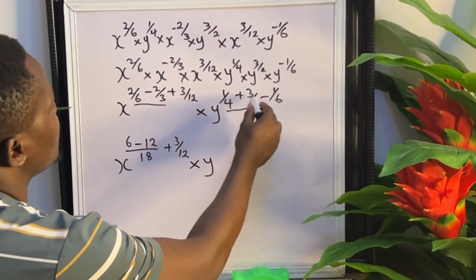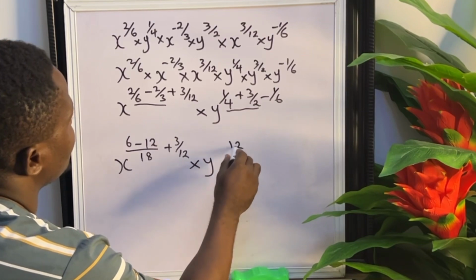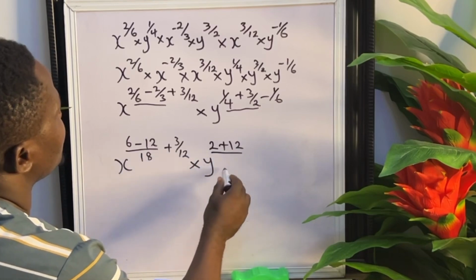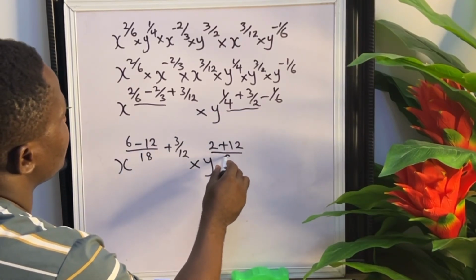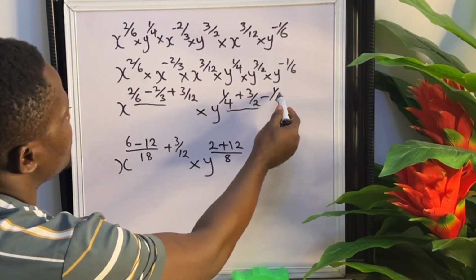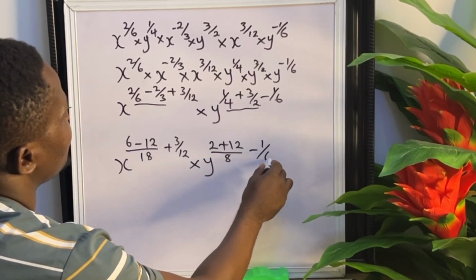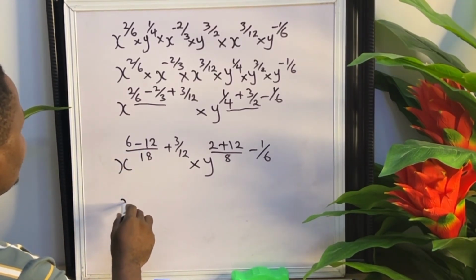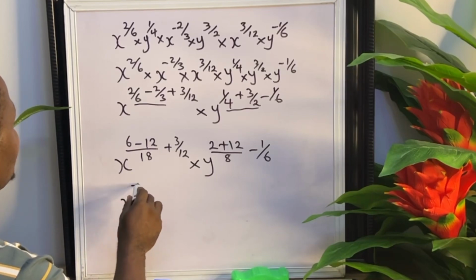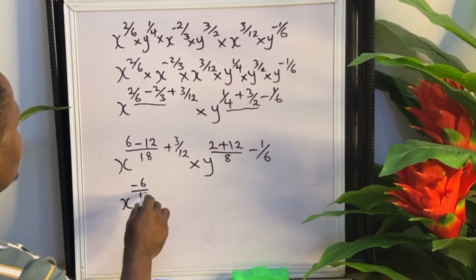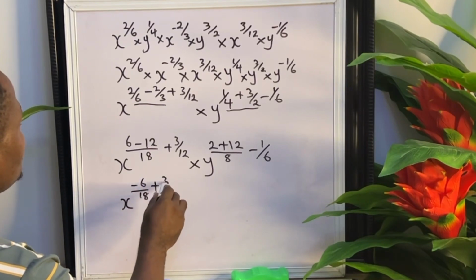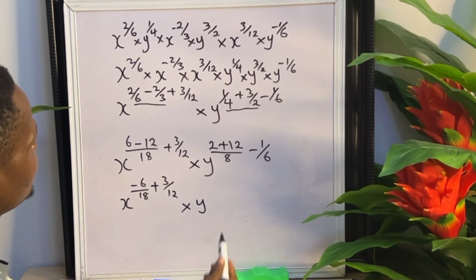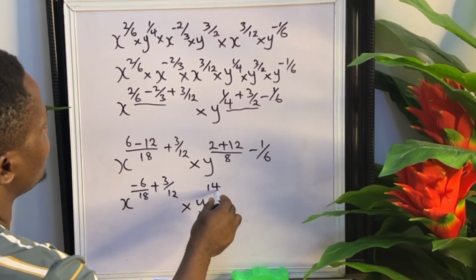Then we go like this, and that is 12. Plus, we go like this, and that is 2. All over, we go like this, and that is 8. And then we join this minus 1 all over 6 to everything. At this point, 6 minus 12, that is x raised to power minus 6 over 18 plus 3 all over 12, everything times y. 2 plus 12, and that is 14 all over 8